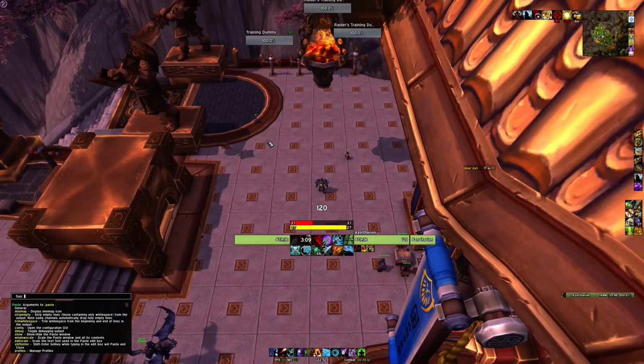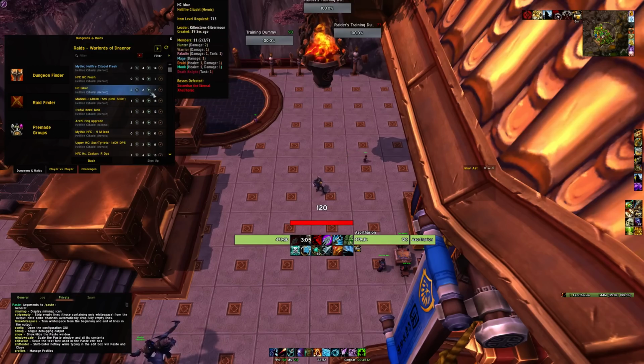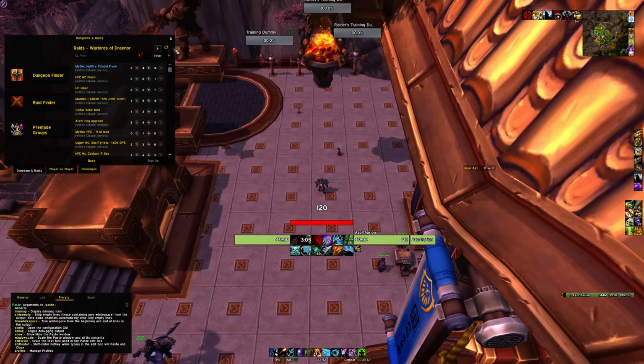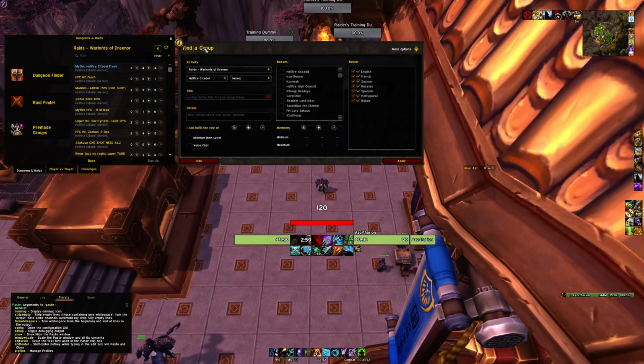Moving on to Premade Filter. I do a lot of premade groups, so if we go into the group finder here, we can go up here, and this will expand the Premade Filter window. You can set a difficulty, and you can set which bosses must have been killed. So I want Mannoroth to have been killed. I want to set a minimum item level. I don't want to join a bunch of scrubs, so let's say